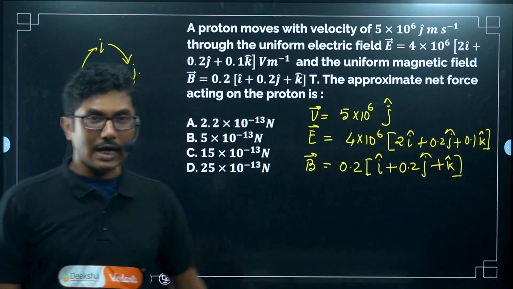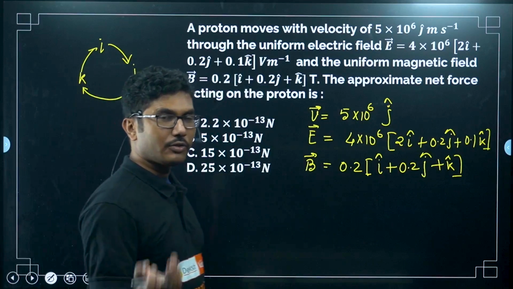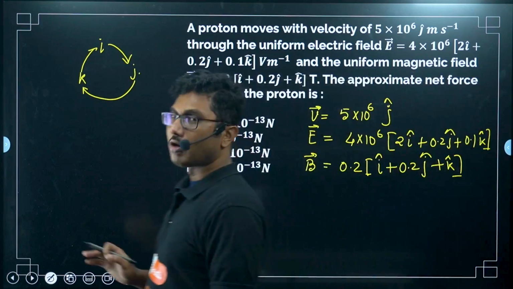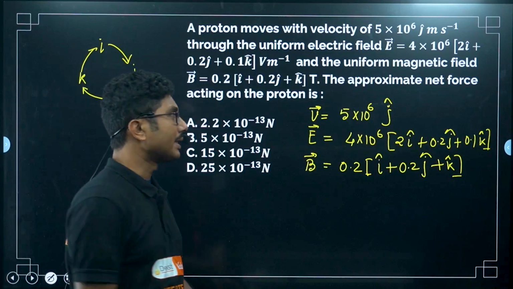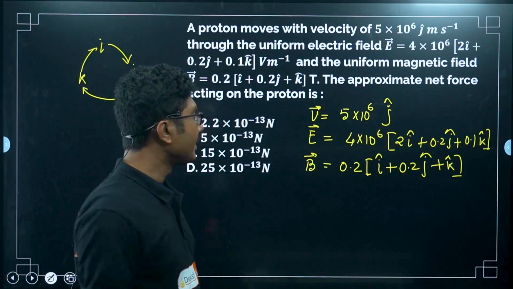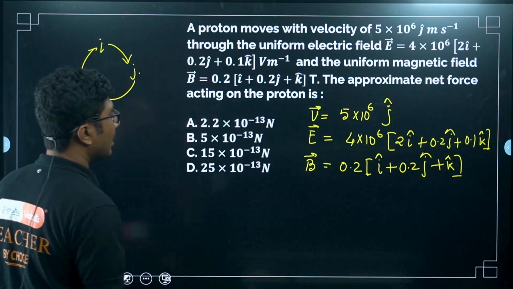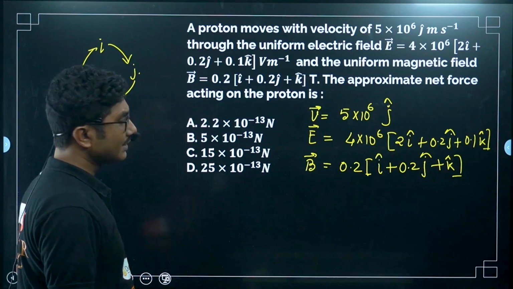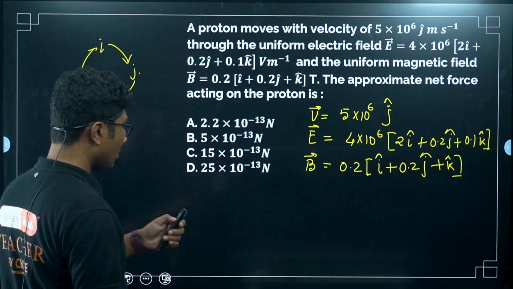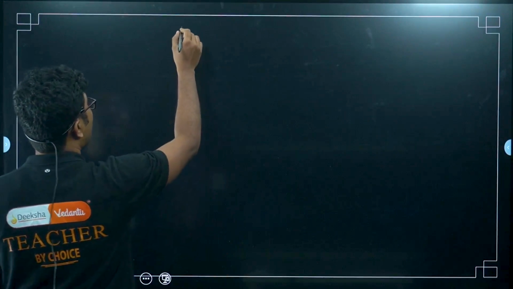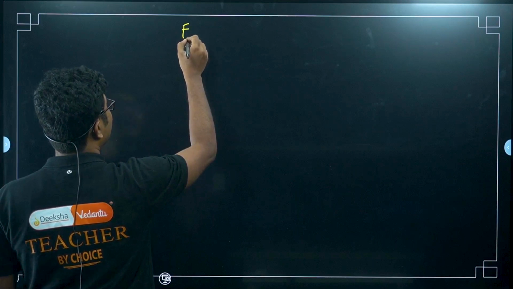Also, i cross i is 0, j cross j is 0, k cross k is 0. These are the things that you need to remember. We are not going to use the matrix method or determinant method, because this is very simple. Now, first of all, we have to find the electric force and magnetic force. Electric force, we do not need to worry too much about. Why? If you are only writing the electric force,